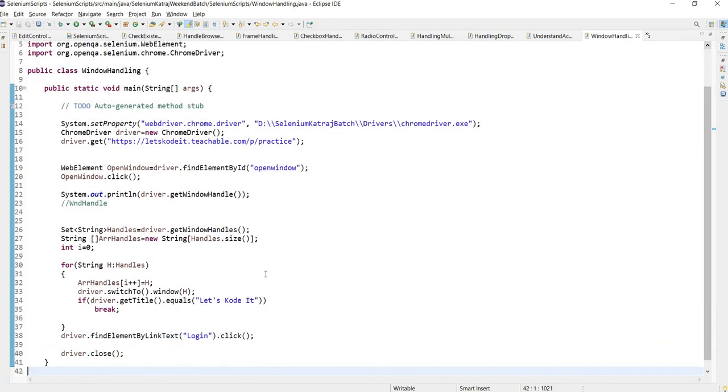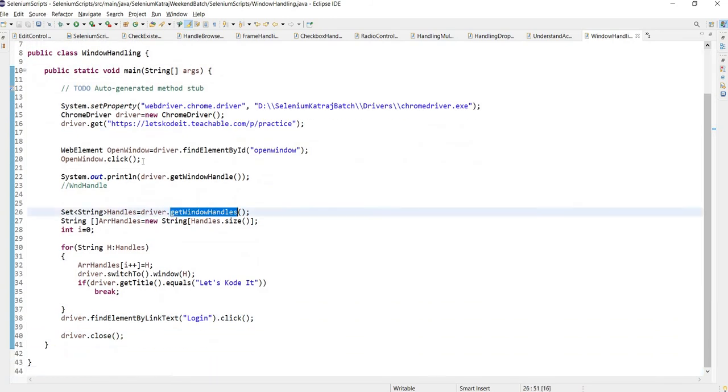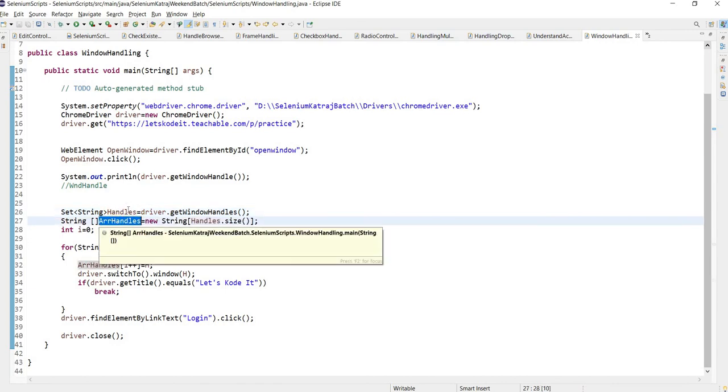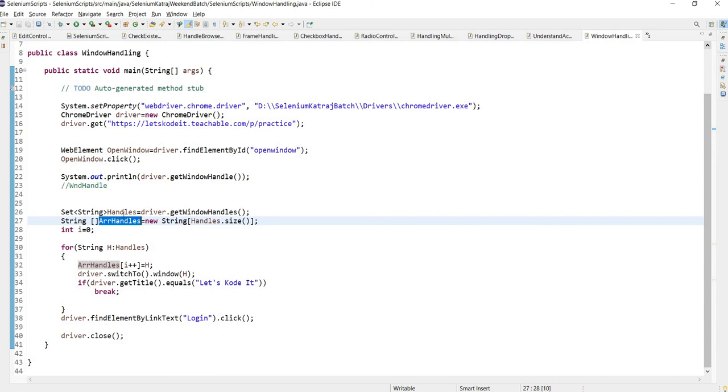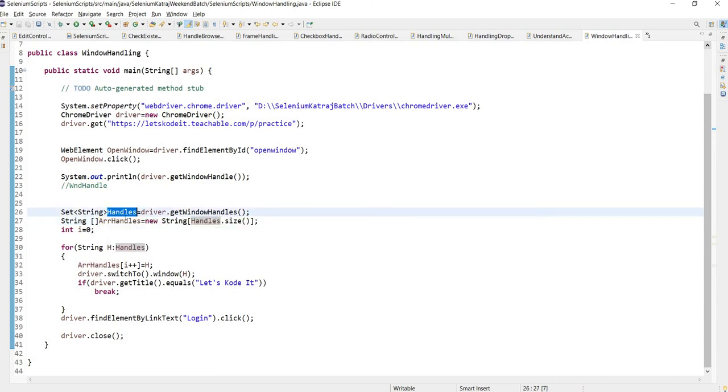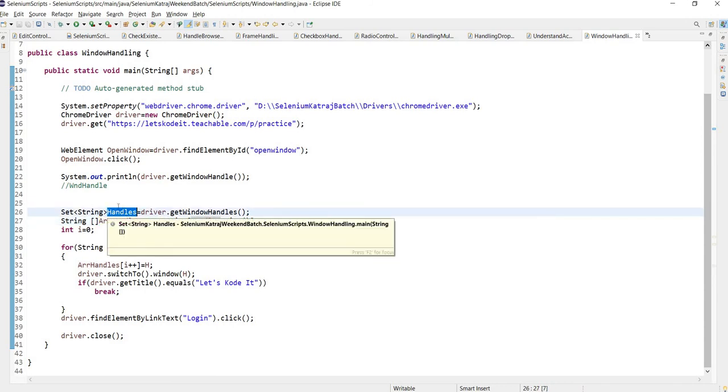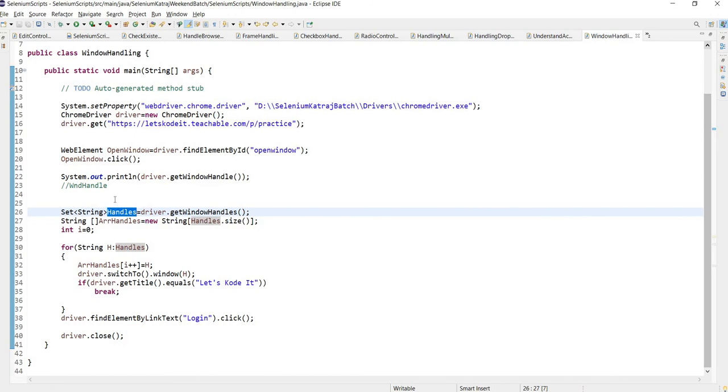See here, guys. This get window handles will give us the handles of both the windows. We will create one array of size, this set size. So if the set has 2 handles, I want an array of size 2. If this has 10 handles, I need an array of size 10.